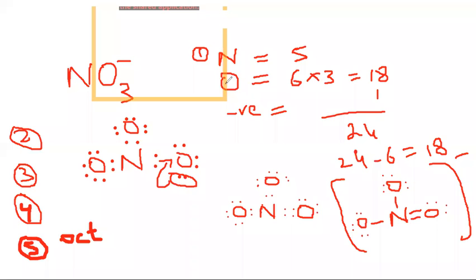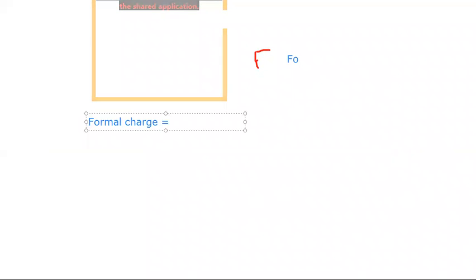Let's start with the formal charge. Formal charge has a very simple formula. You have to calculate it by using this small formula: valence electrons